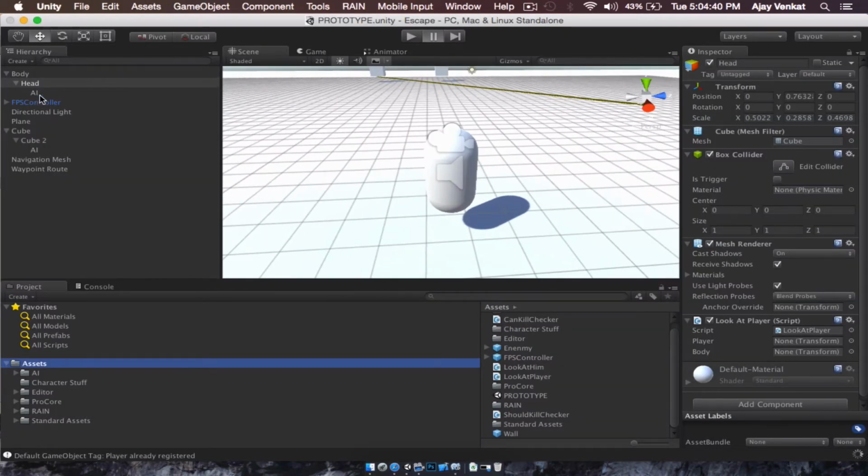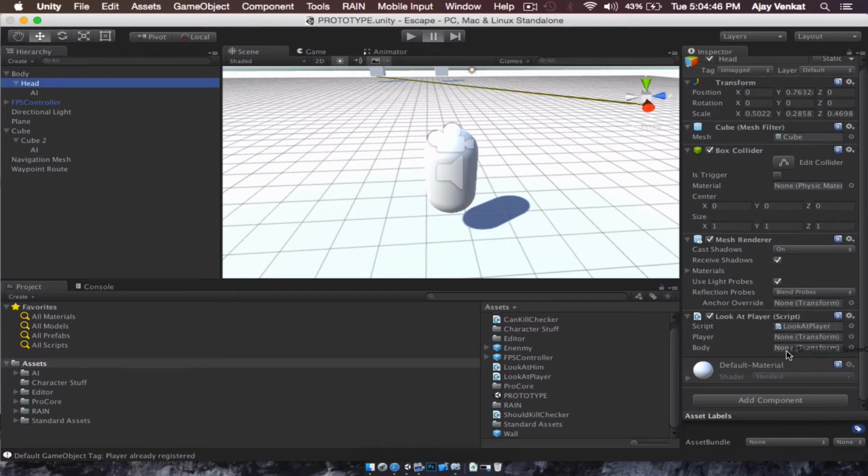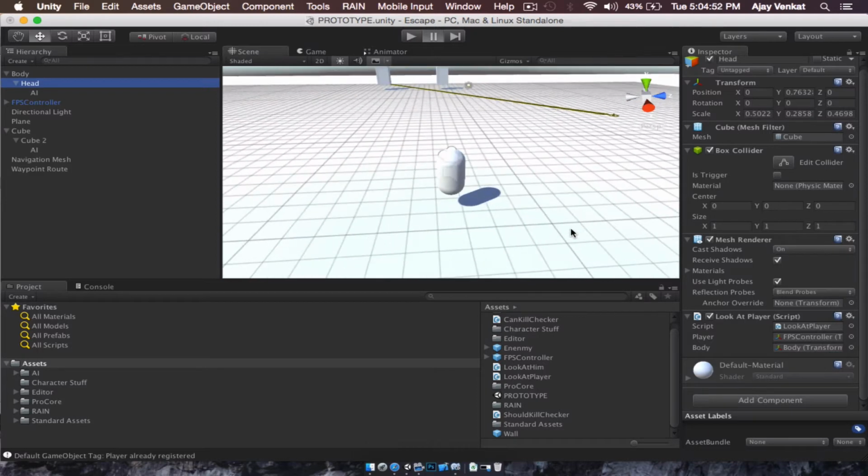This code will not work right now. So we have these two things. Okay, so let's drag in our FPS controller to the player and the bodies to the body. Okay. Now that's done, right? Now what we're gonna do is add another component called